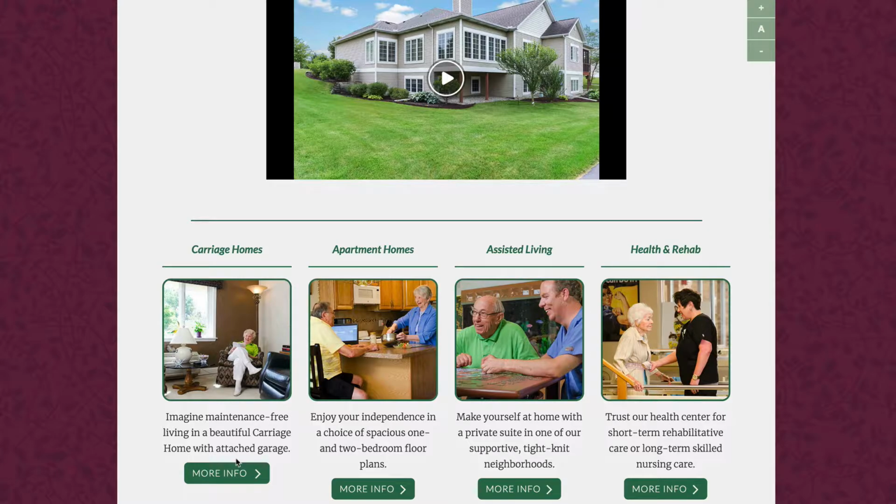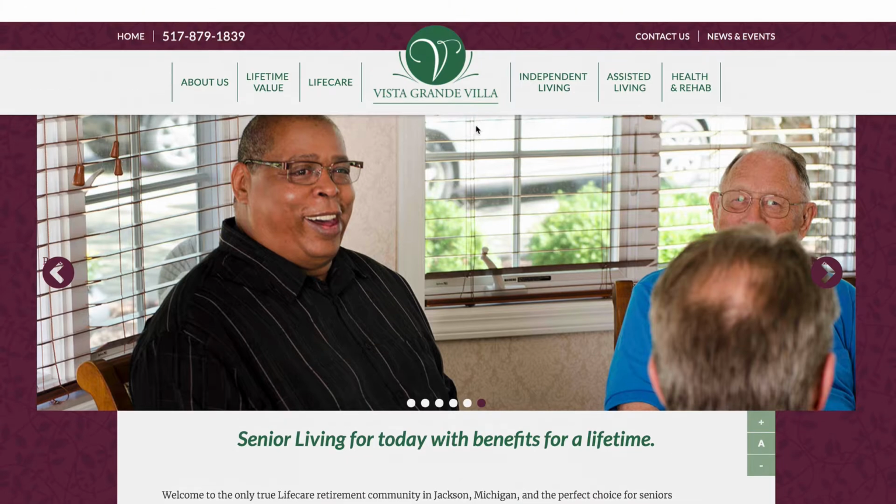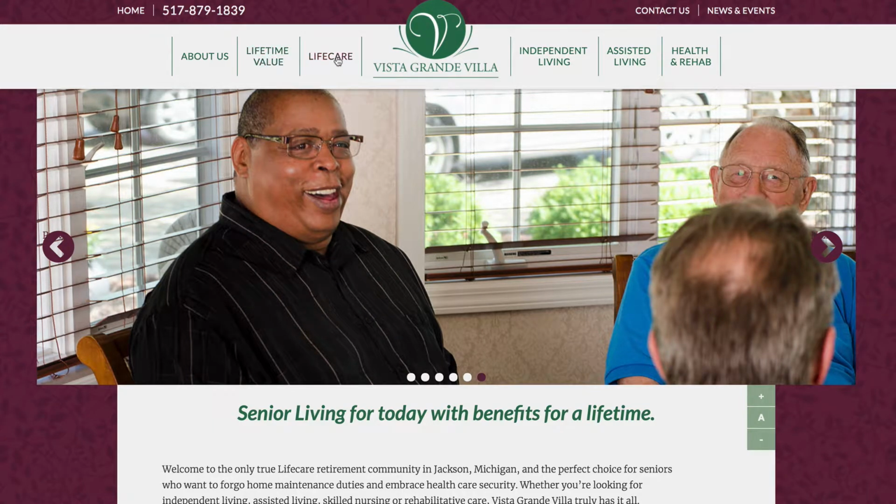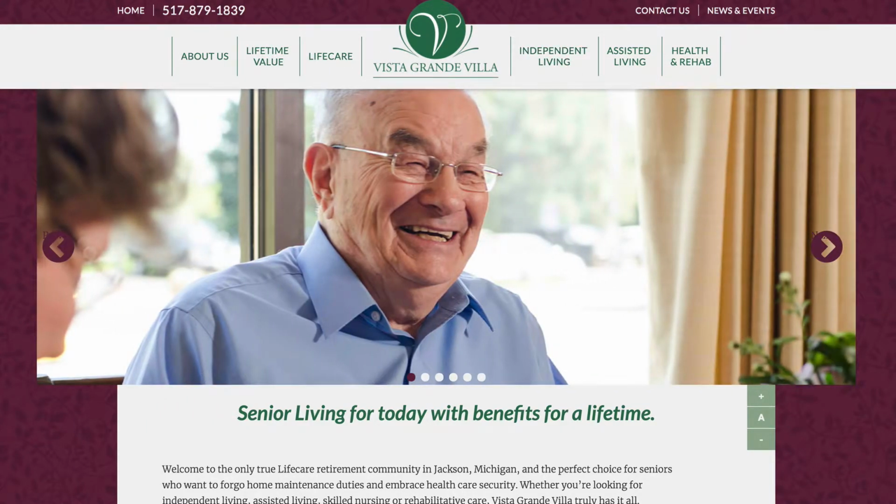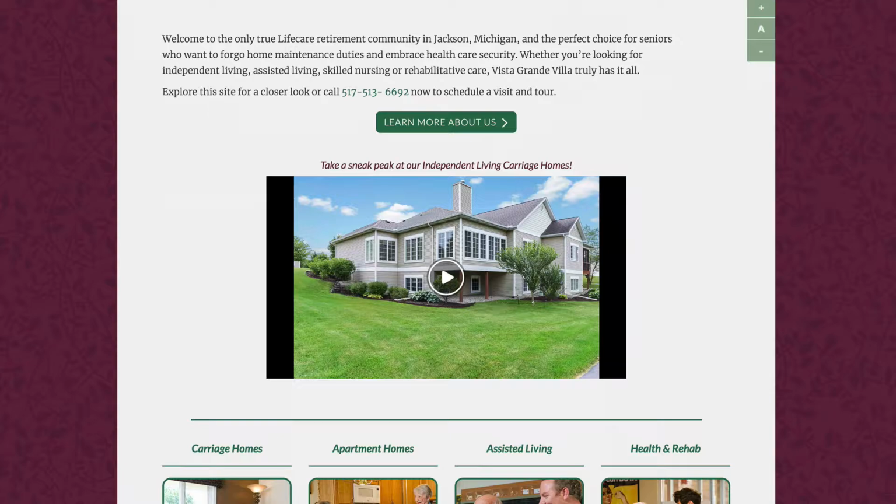Below that, we have these one to four tiles that cover various topics, and then of course we have the top navigation: we have lifetime value, life care, independent living. And the idea from their perspective, which I totally understand because this is the perspective of 99.9% of websites, is that people come to our website for a whole variety of reasons. We don't know specifically what someone's reason is, therefore let's give them all the options so they can navigate themselves.